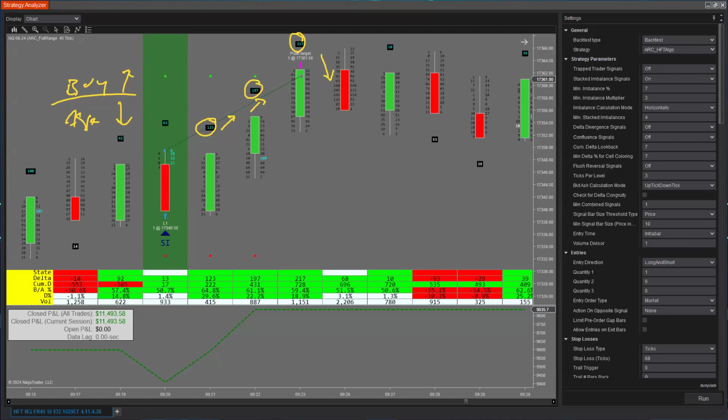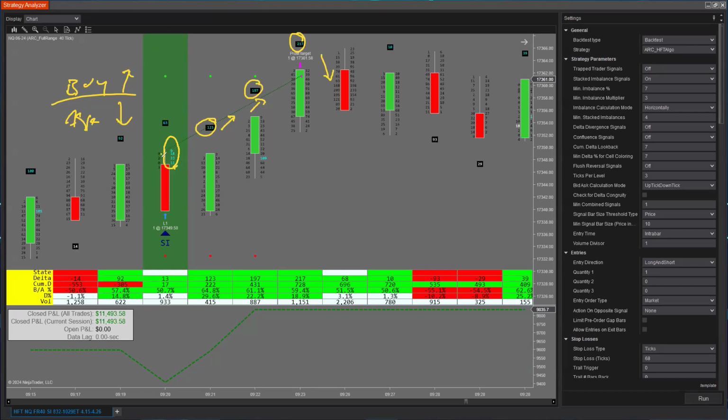Okay. So the question was how the algo tallies the numbers in order to execute, not understanding what the threshold is. If we're talking about stacked imbalance, we're comparing the numbers on the right side of the candle to the numbers on the left side. When one side is larger than the other by a factor, let's say a factor of 3, and they have to be stacked, which means sequential, consecutive levels. So when you see 3 or 4 highlighted numbers, like what he's marking right there,